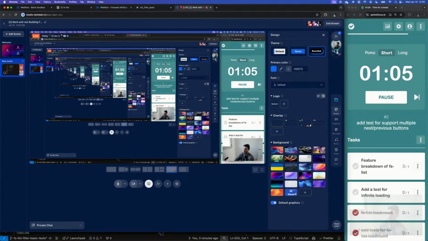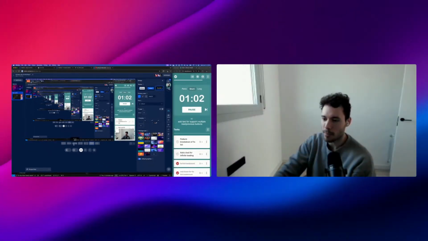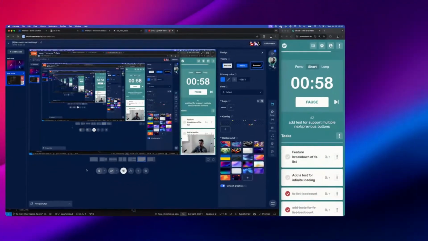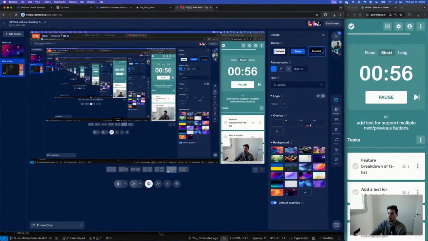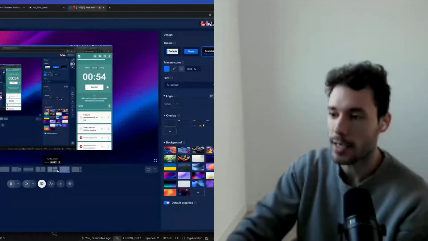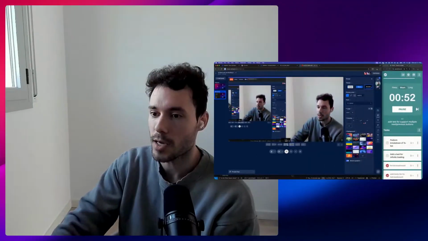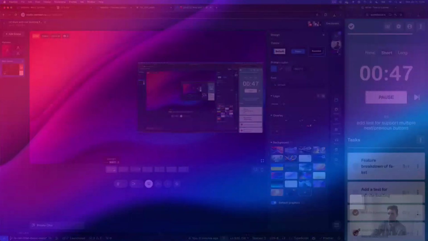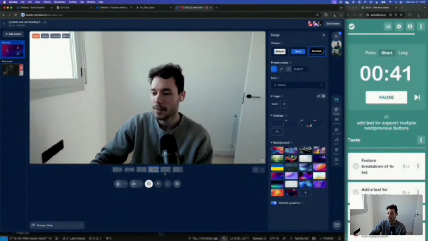I can change some backgrounds anytime that I'm showing a background, like in here. Well, I can change the layouts, so you can see how I can switch from this to this to this to this to this. I can also go just my face, hey, like that.